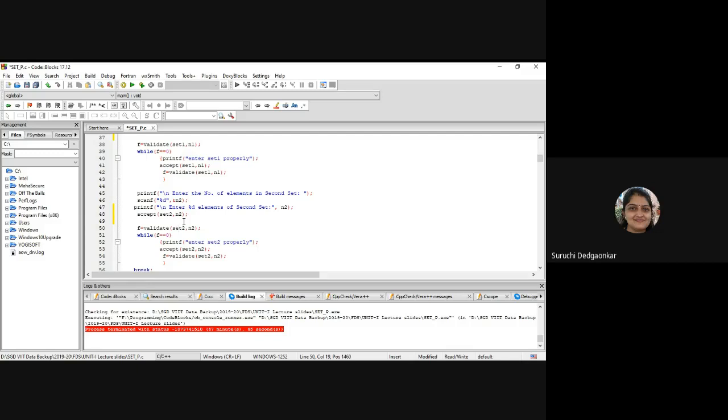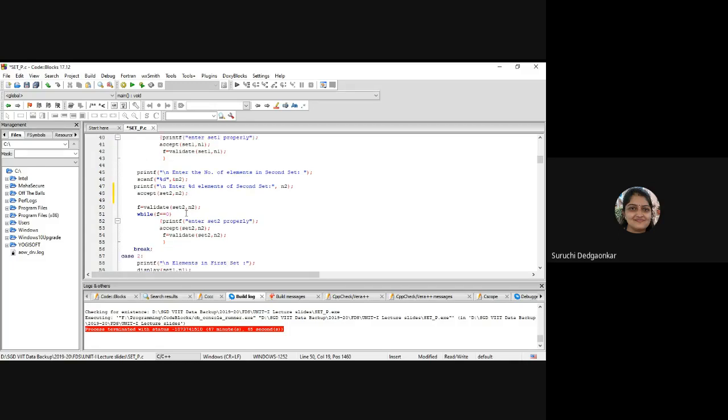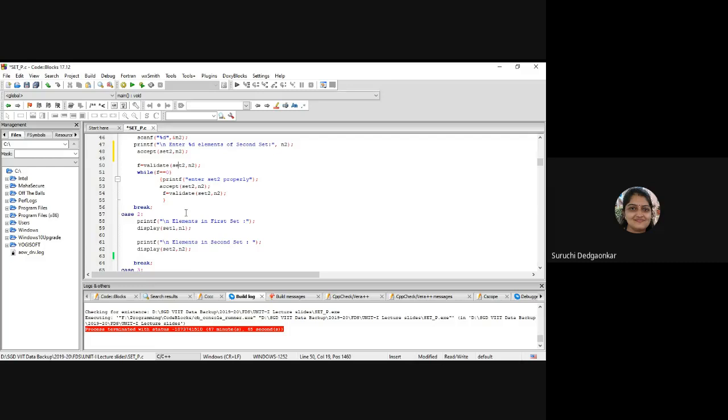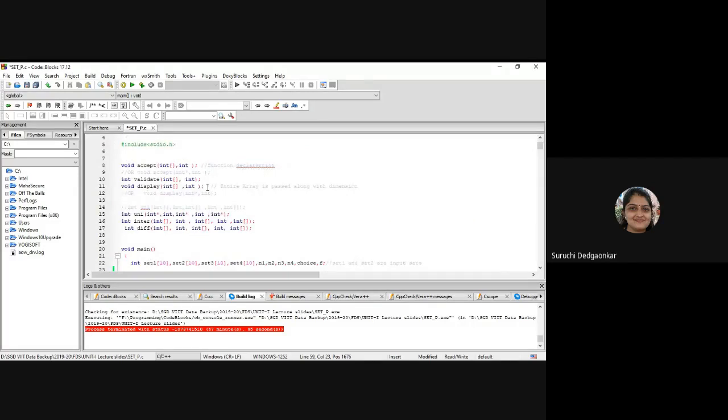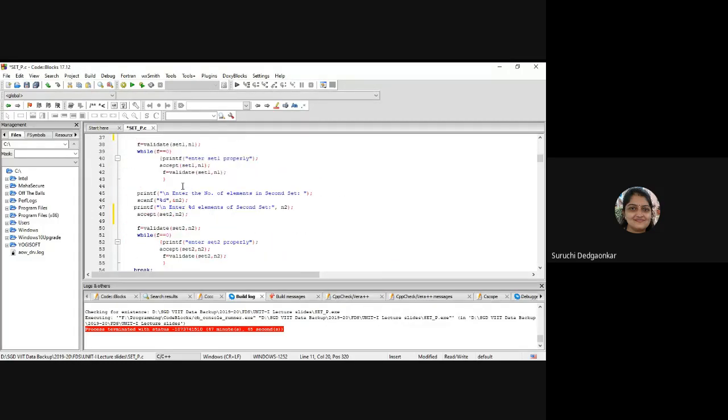Okay, so after these two arrays are initialized, what we want to display, we want to check whether those arrays are properly created or not. Set 1 and set 2 are properly created or not, that we have to check. So we will have a display function which will display those arrays in the required format. Okay, so display function for displaying a single set at a time, and we are calling it twice.